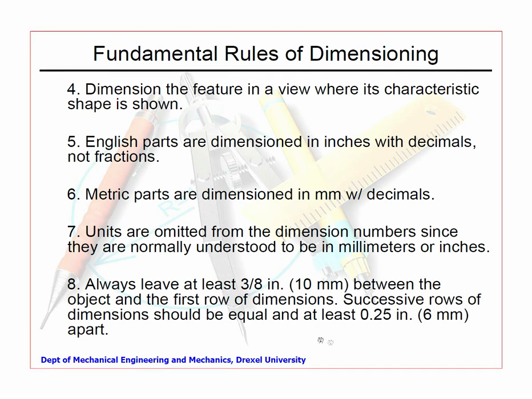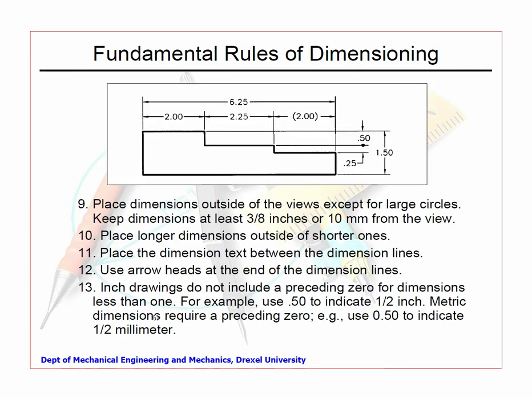So, and then this is a matter of convention, saying leave about this much dimension while printing and all that. You see here one very interesting thing, 2 millimeter is critical, 2.25 is critical and 6.25 is critical. This 2 is what is the remaining dimension, so that it will not lead to any unnecessary confusion.